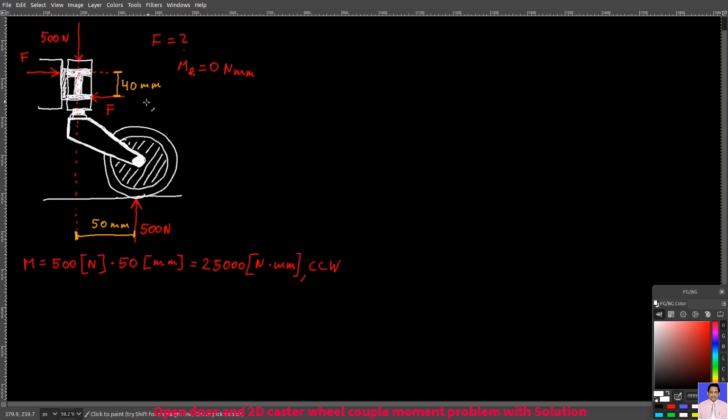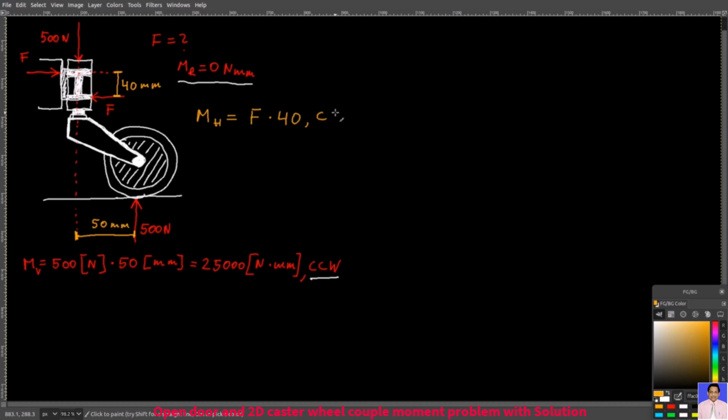Welcome back. So let's now find the force F for the caster wheel. Remember, the objective is to make the resultant moment 0 Newton millimeters. Since the two vertical forces create a counterclockwise couple moment, the two horizontal forces need to create the same couple moment, but it has to be clockwise. So let's put here Mv, which means that this moment is due to these two vertical forces, and then I'm gonna write here Mh, which is due to these horizontal forces, and so it would be F times 40,